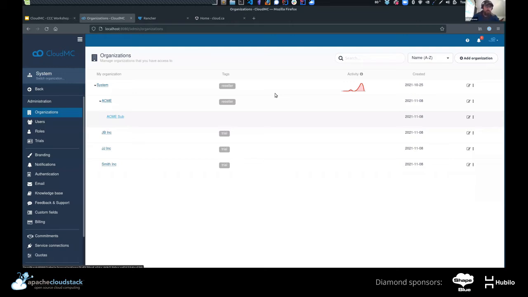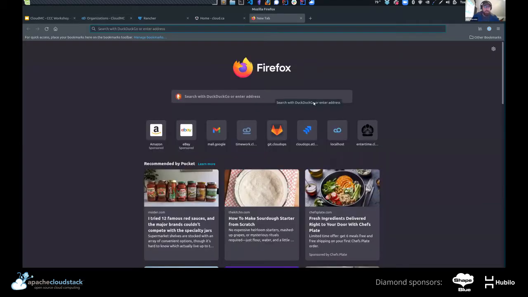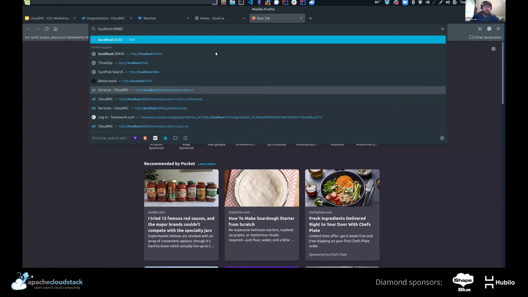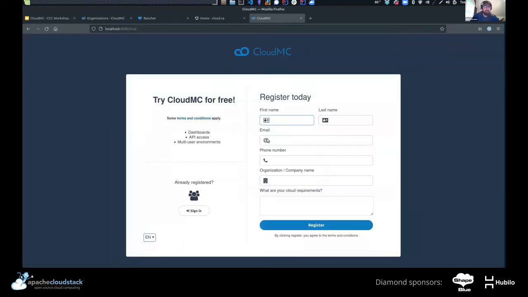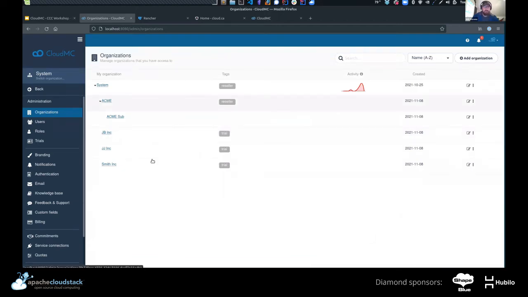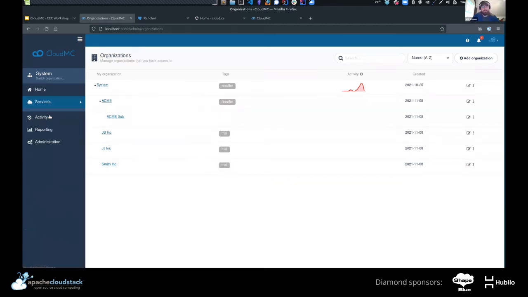So just to give you an idea, there is trial management built in as well. You can enable it so people can sign up for your service and start a trial, and they'll basically be registered as a trial organization here. I'll get into that a little more, but it is a multi-tenant environment, and there are multiple levels of tenancy that you can have, and there are different roles and so on. So let's go back and see what it looks like from a CloudStack perspective.